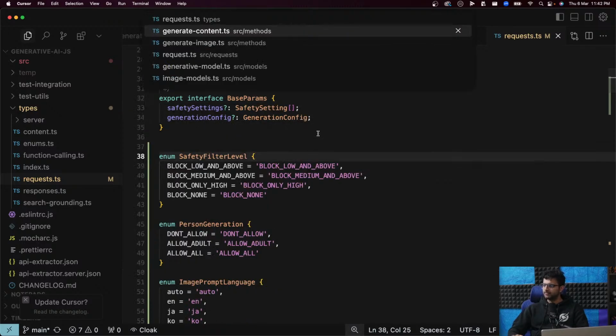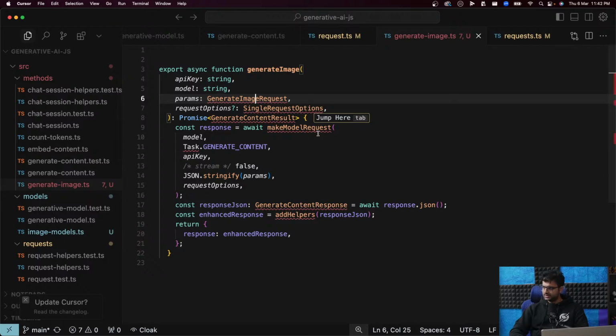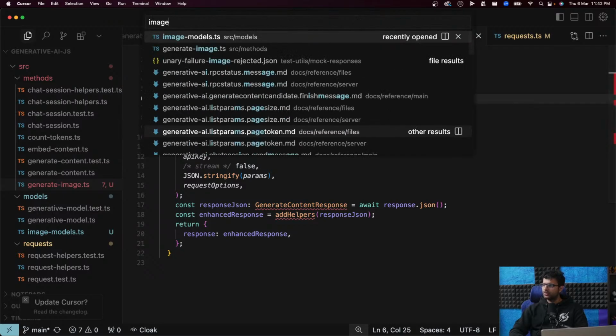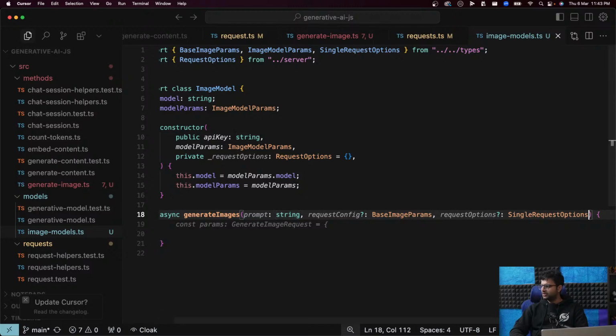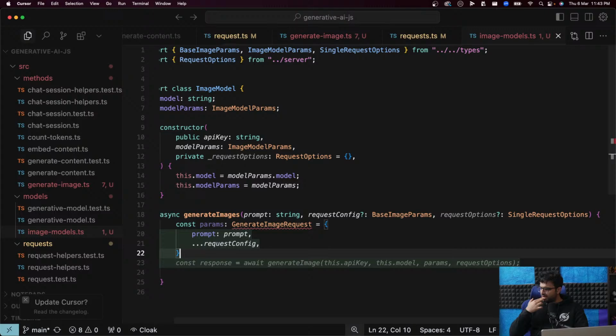Let's see. For images, at least for now, we can have just the params. That's what we're expecting here anyways. Request options, single request, that's fine. Base image params is the only thing we're letting the user provide, and that's fine.